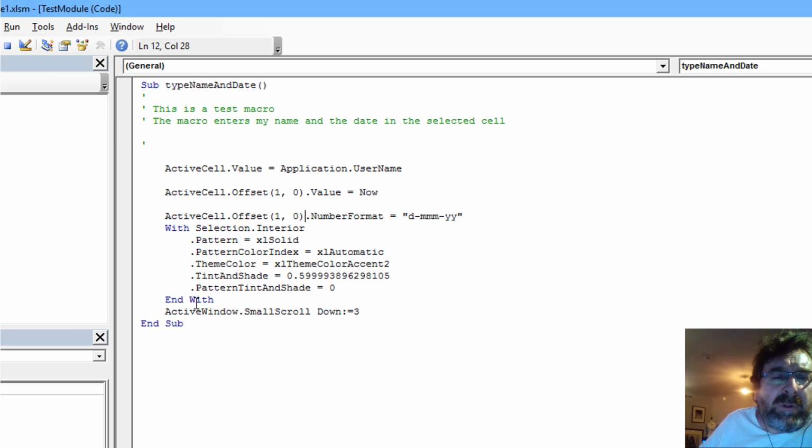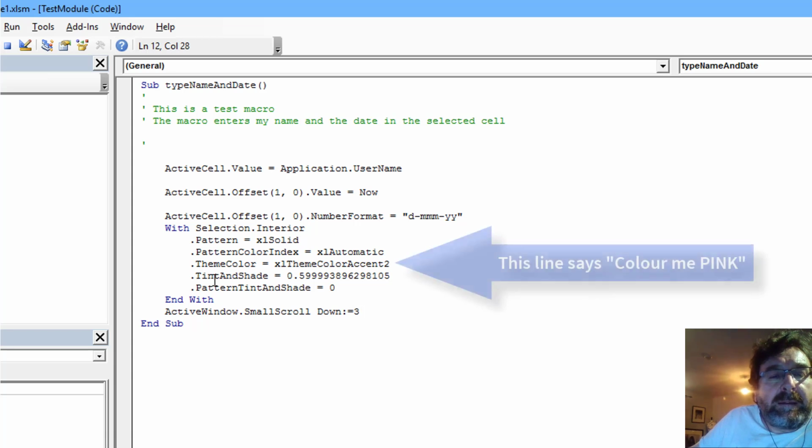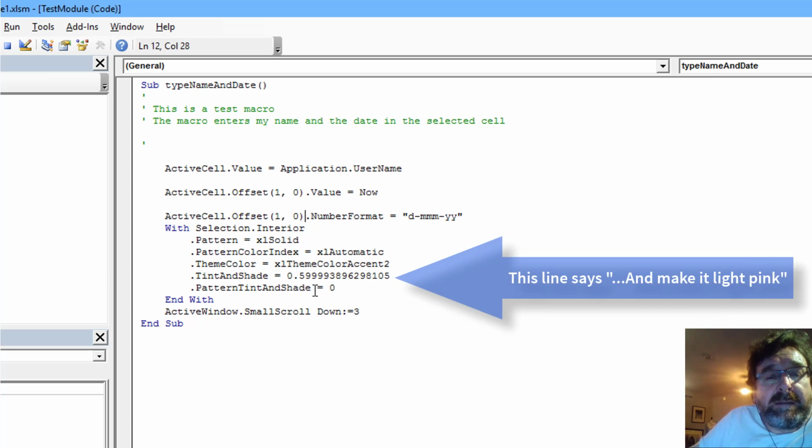Now what that block means is it's saying this selection, which when we recorded the macro was the second cell, and the interior of it, which is just a way of saying formatting really. It's saying with that cell, I want to do all of these 5 things. I want to make the pattern solid, I want to make the pattern color index Excel automatic, theme color Excel theme color accent 2, and that's the pink color. Tint and shade, I think that's also showing what color it is,